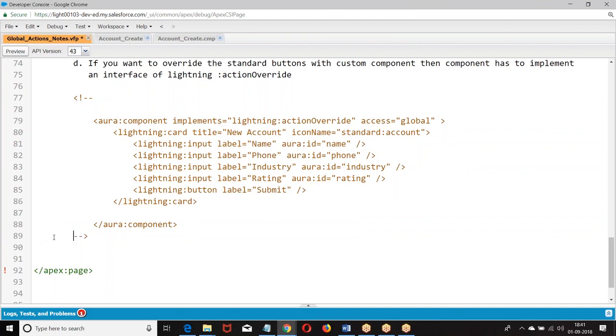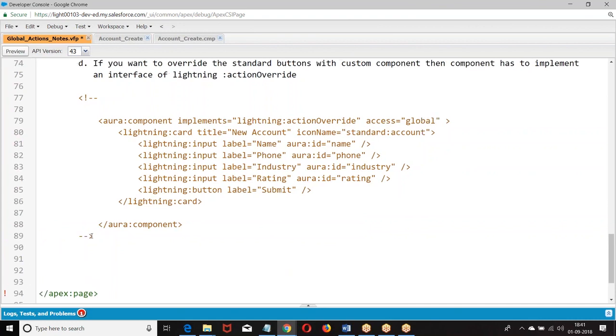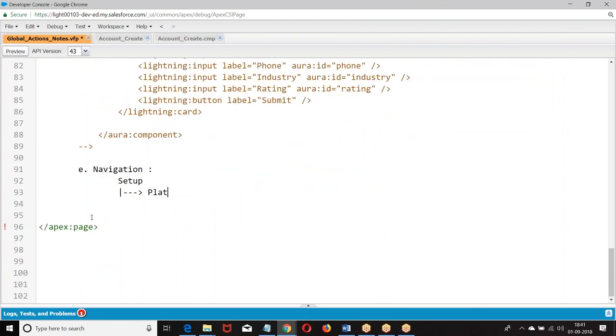Then how do you do that? Click on the tab. Otherwise you can do navigation. Setup. Object manager.